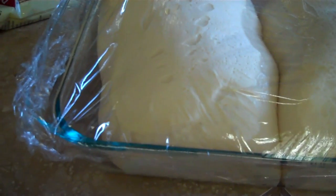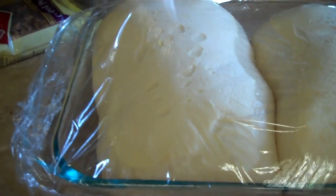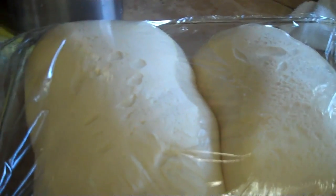Hey guys, it's Father's Day, and I figured that I would show you how to make some yummy sticky buns for Father's Day. Well, for really any day, I guess it doesn't matter. It's just really early because you have to have rise time and whatnot. So I'm like, ugh. Anyhow,